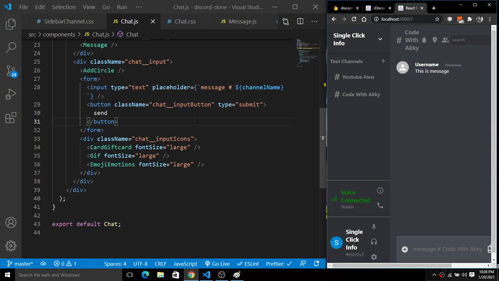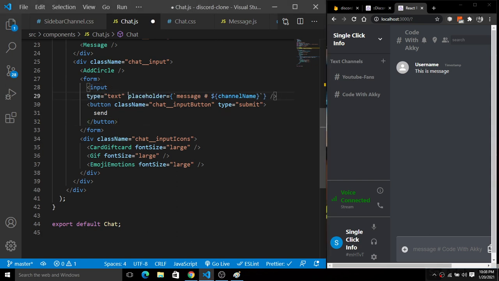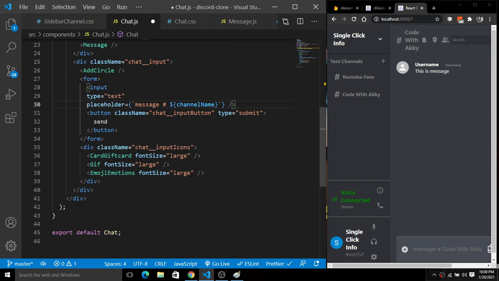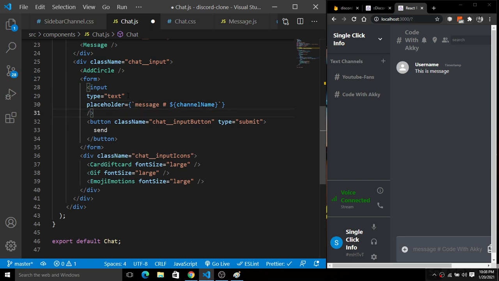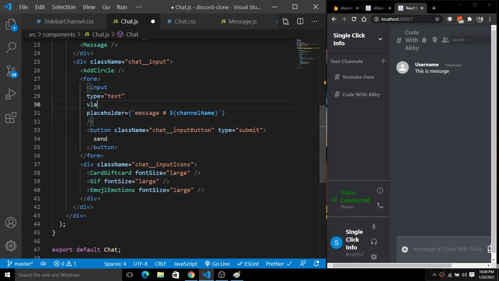So how will we do this? Here, as you guys can see, we have this type of input, which is text. Now I am going to simply add a functionality here, on change.